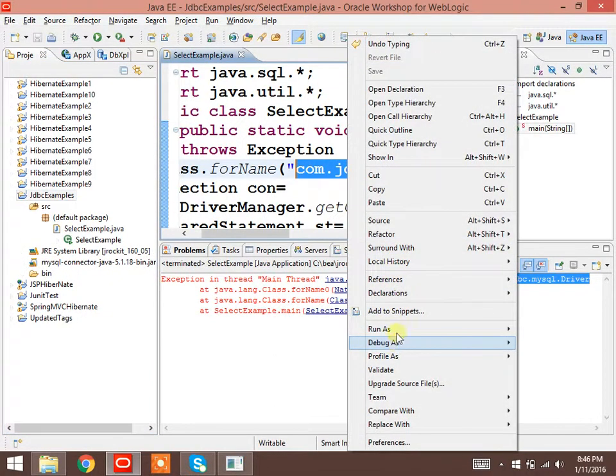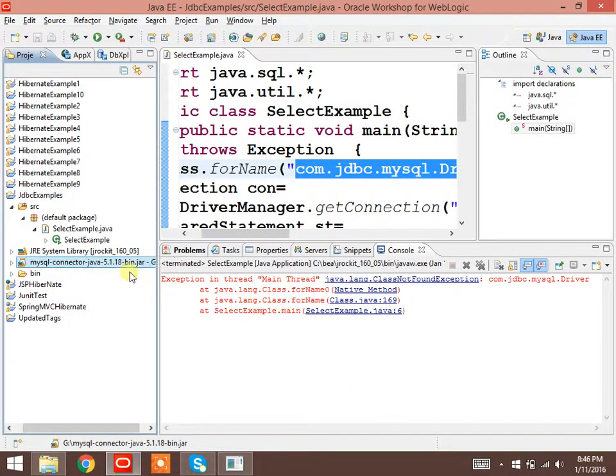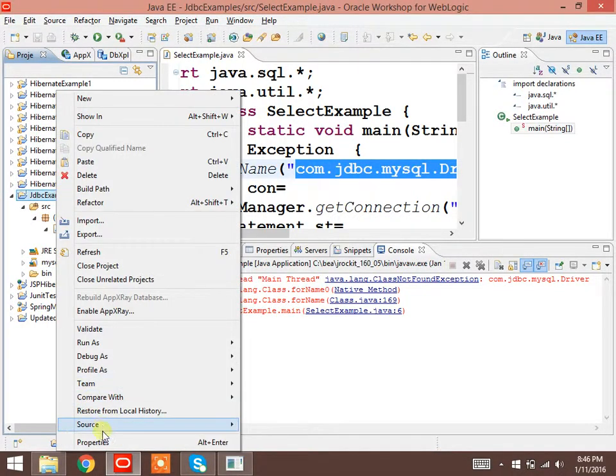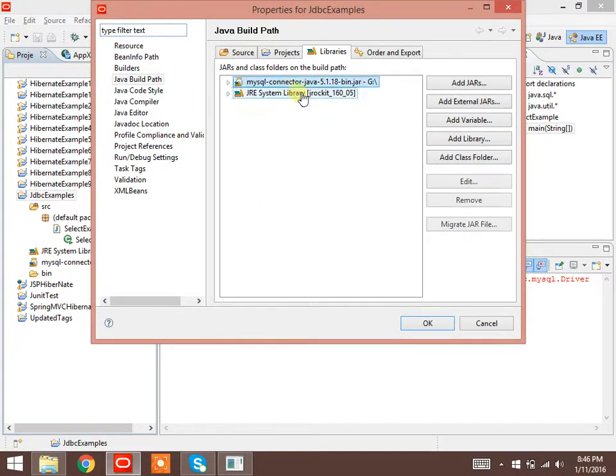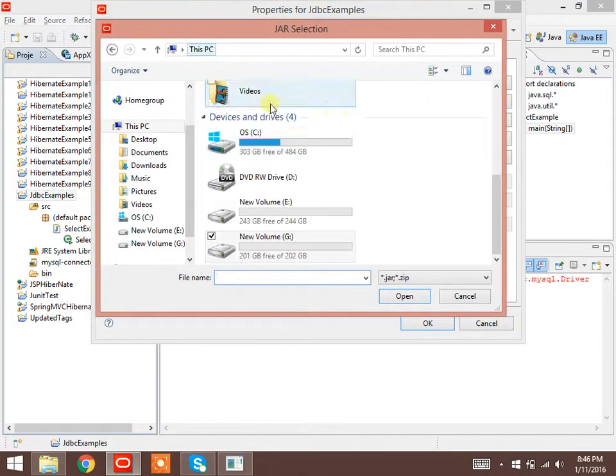Right click, run as Java application. Still it is showing error. Then this is not the correct jar file. So right click, properties, remove this one. I need to add a proper jar file that is there somewhere.